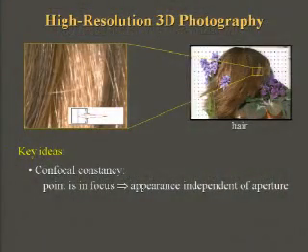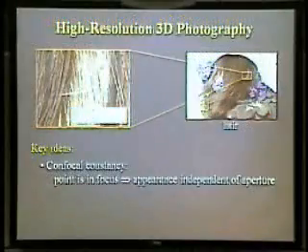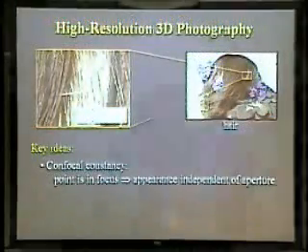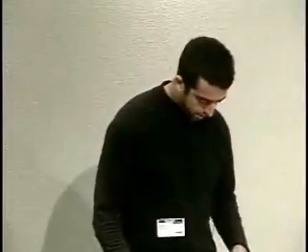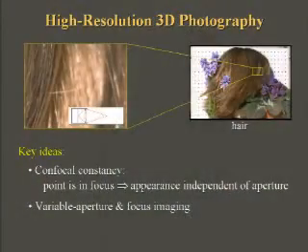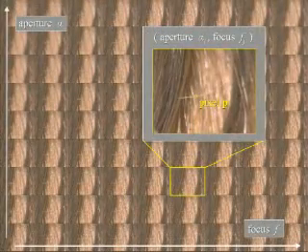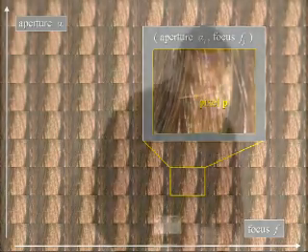As you can see here, the in-focus points on the foreground strand of hair are staying about the same color. As we change the aperture setting, the background points are going to defocus and change. To exploit this property for reconstruction, we vary the focus setting of the lens, and then for each focus setting, we capture a number of photos with different aperture settings. We then align all the images, geometrically and radiometrically, to account for the distortions caused by real lenses.